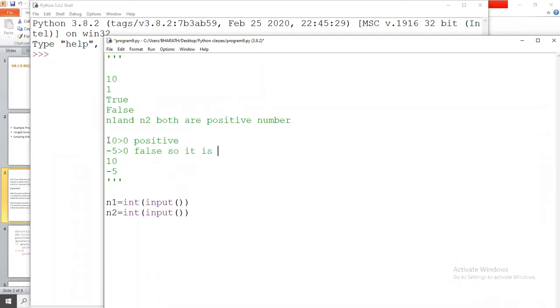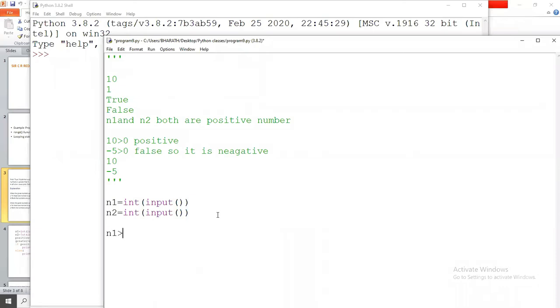So it is negative. Okay, we determine like this. We are going to read the number and here we check if it is greater than 0. We assume that the condition is true, so it is positive. And similarly, if greater than 0 is false, then you are going to determine that it is a negative number. Okay, so here also we are going to use the same logic.